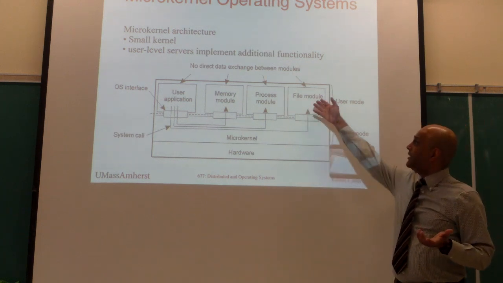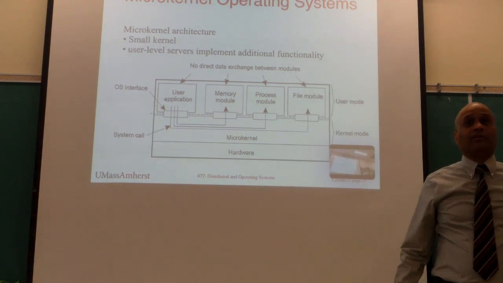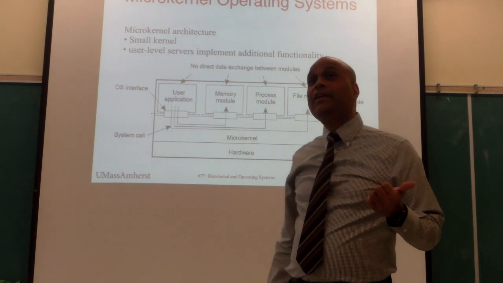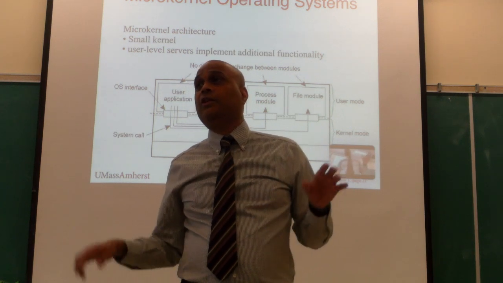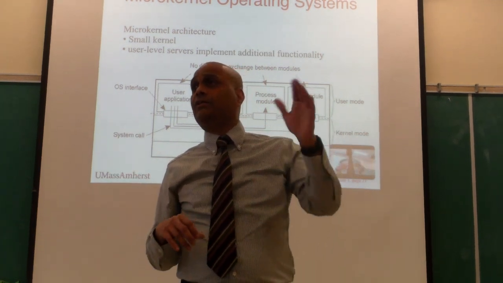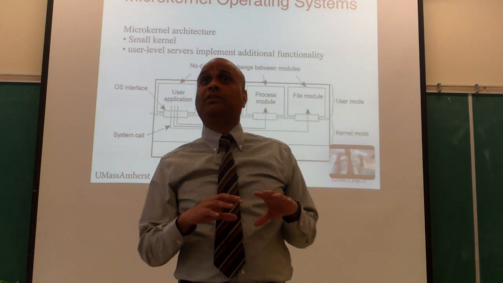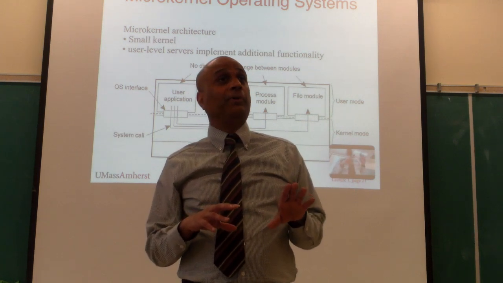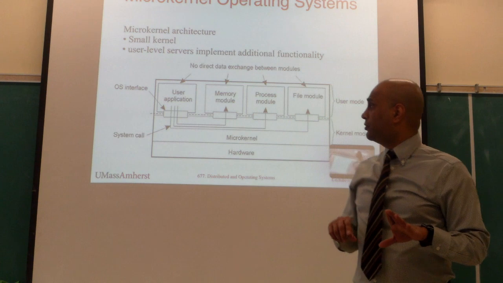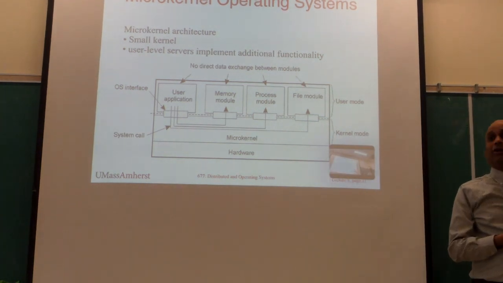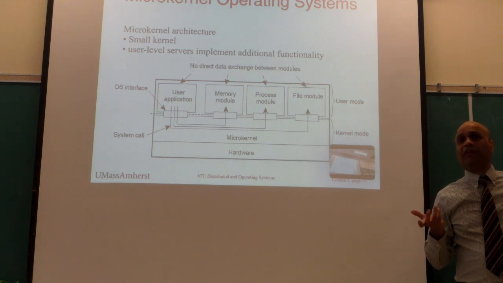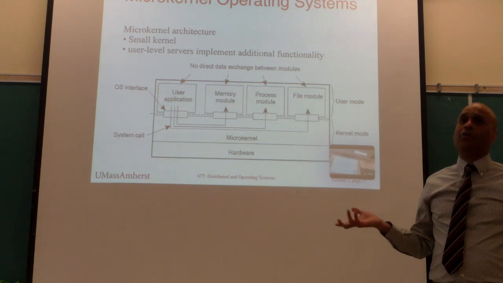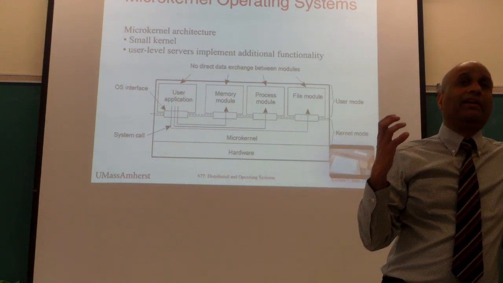They started taking some of this and put it back inside the kernel. So Windows NT was actually a microkernel architecture, and the next version of Windows, they started moving things back. Some things are still outside the kernel, but lots of things have gone back in for performance reasons, no other reason to do it. And same thing is happening with Mac OS and so on. So they still have some microkernel flavor, but by and large, they now have more of a monolithic architecture,